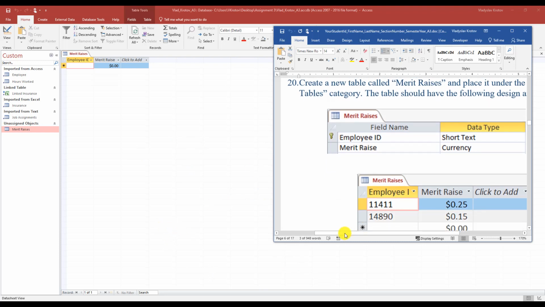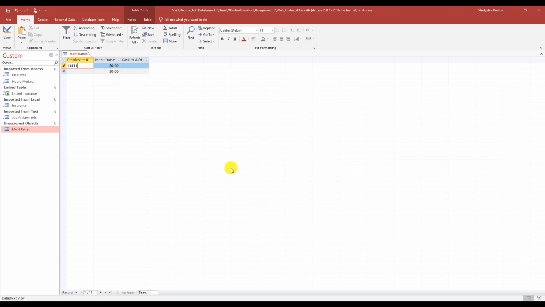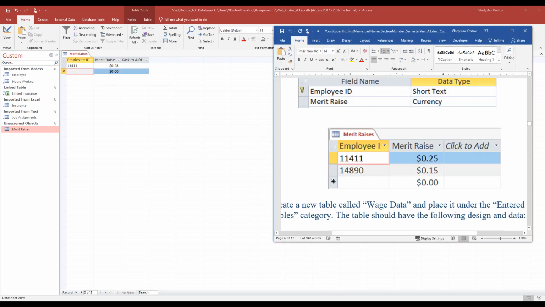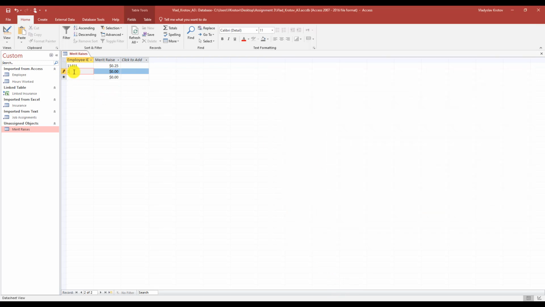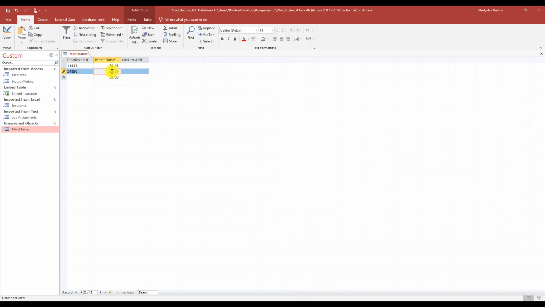So we have 11411, and the raise is 25 cents, 0.25. And then for the second employee, the ID is 14890, and the merit raise is only 15 cents. Okay, so you hit save,